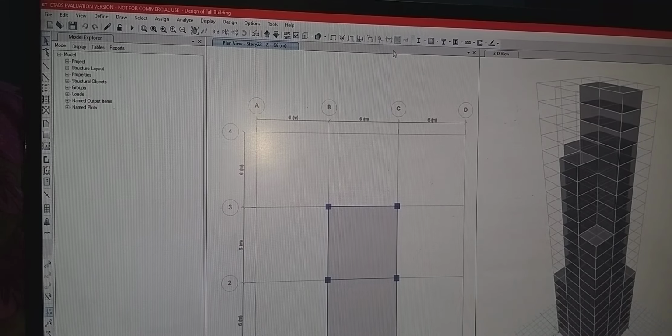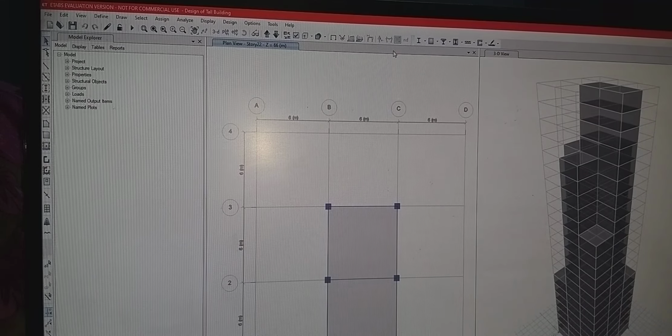After this we will change the response spectrum function to response spectrum, and again change the scale factor to 1663.5. After that we will ensure that all are correct or not. Now we will click on OK, and again click on OK.